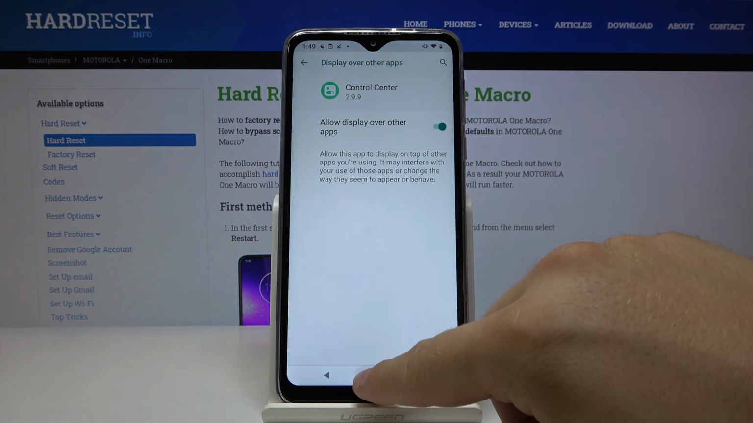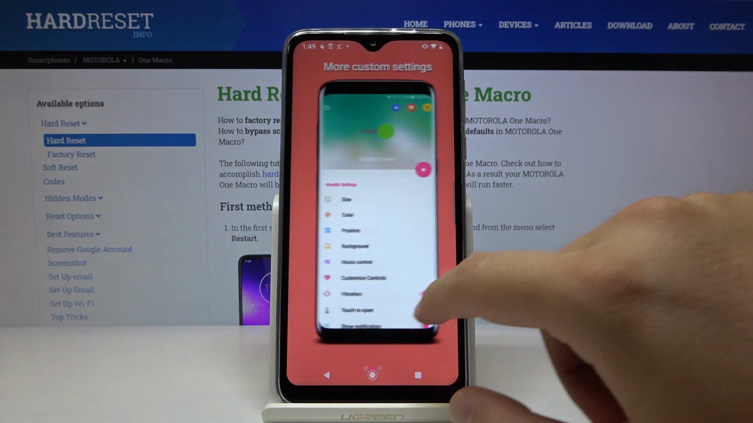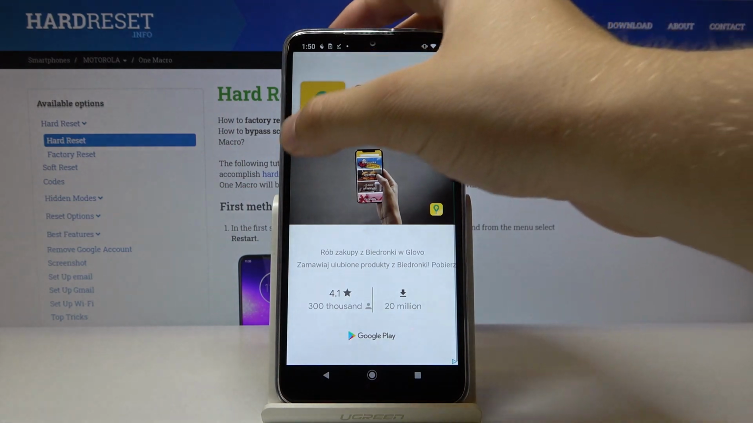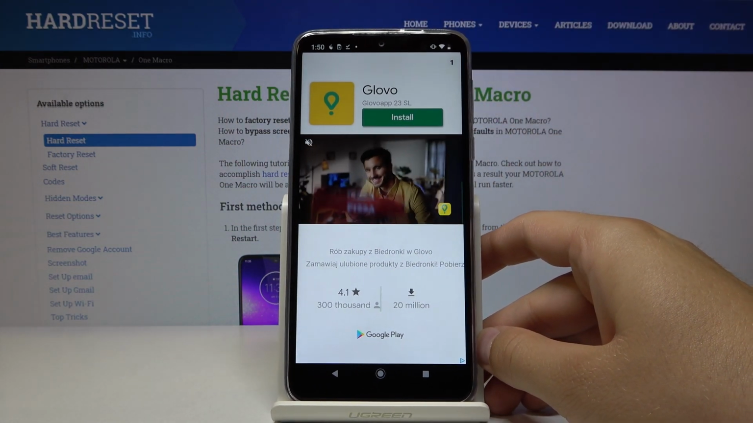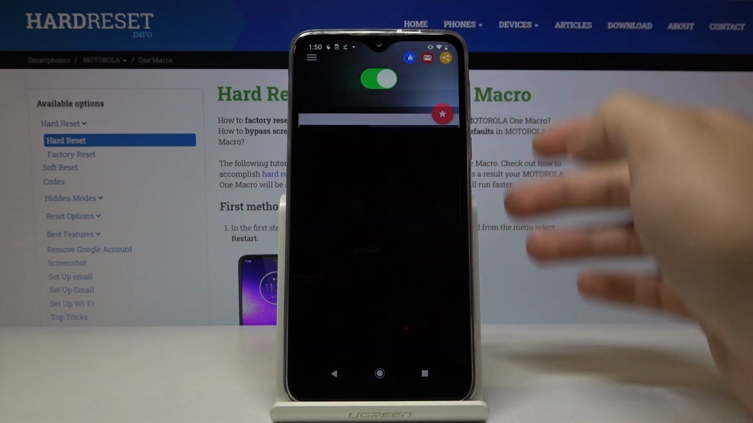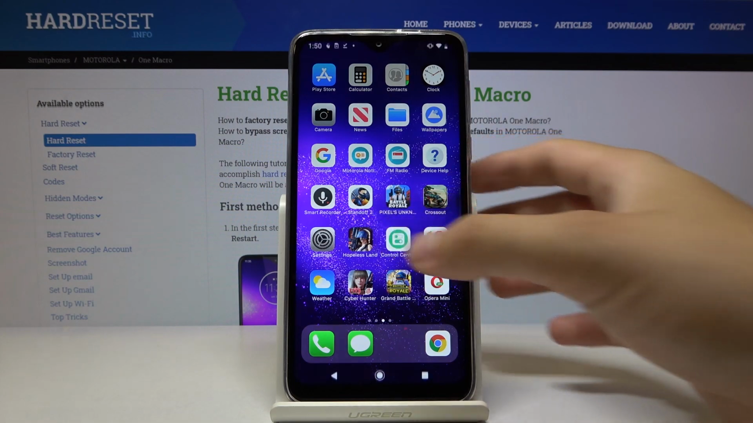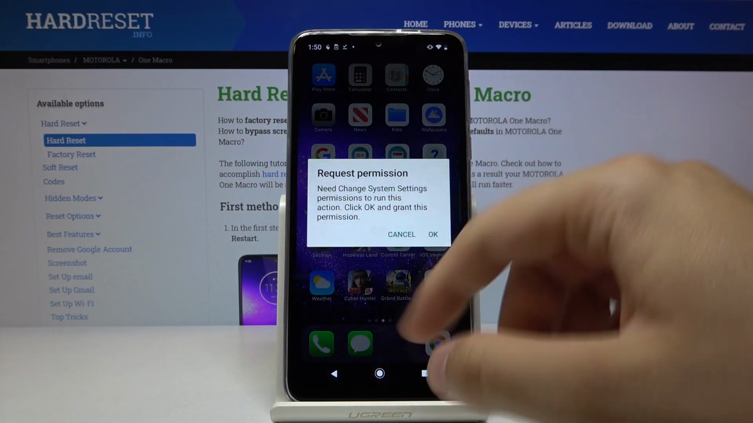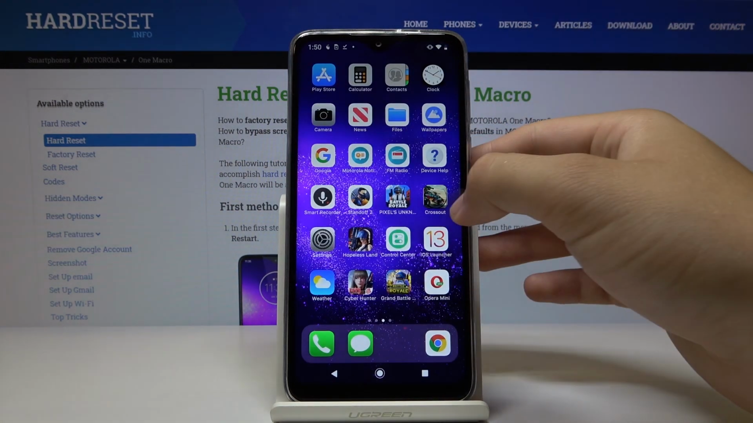Use the switcher. Click Home button one more time. And enter it once again. Swipe, click right here, turn off the ad, click Home button one more time, open the Control Center, and right now click it right here, click OK, use the switcher one more time, open